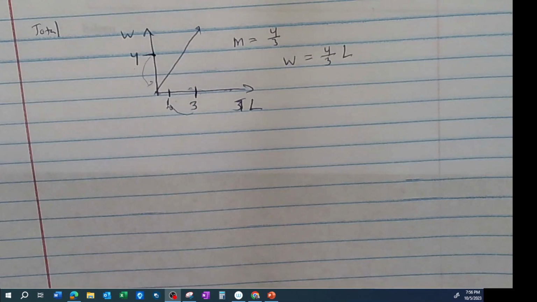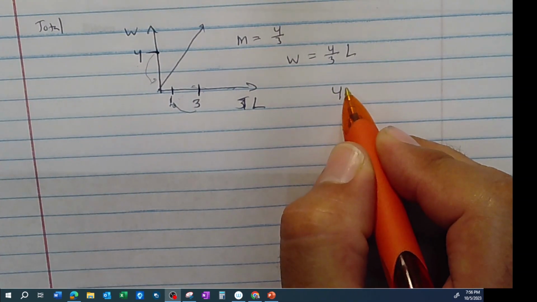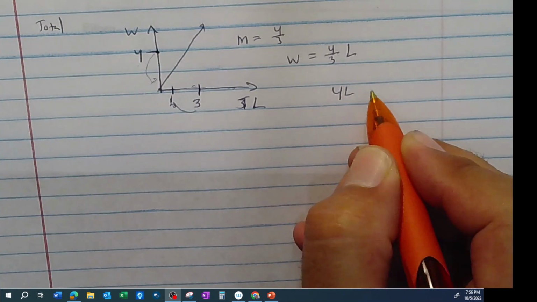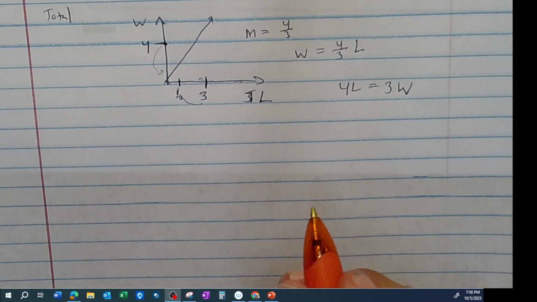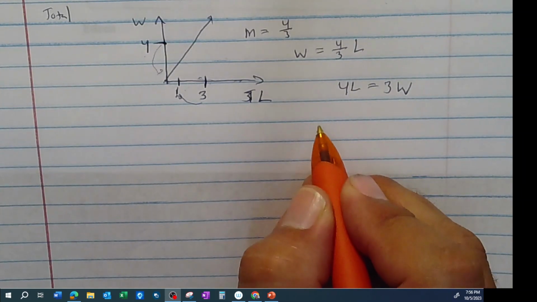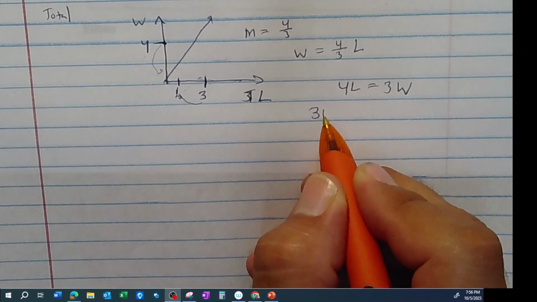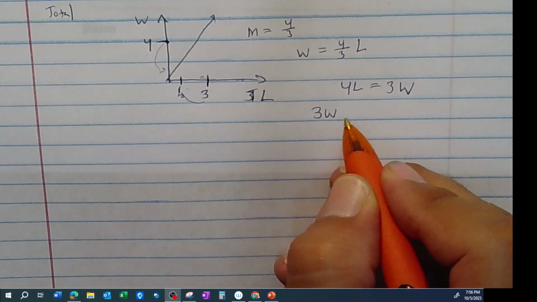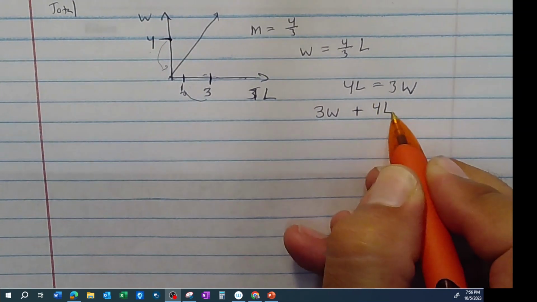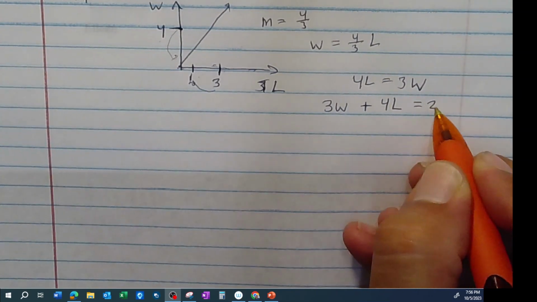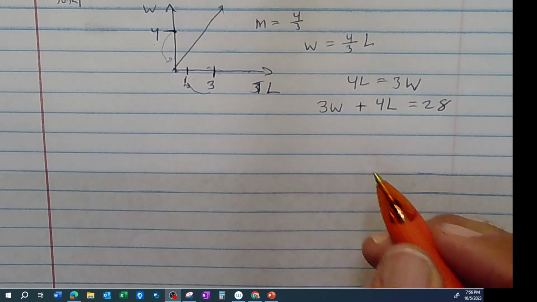So I guess if we went algebraically to do this, I would say 4 Lilikoi equals 3 water. And we want to be able to add these 2 units together to equal 28 units of punch. So that would be equal 28. And then